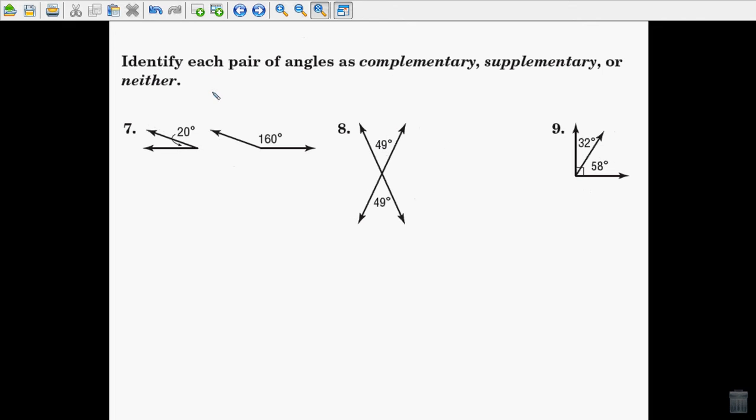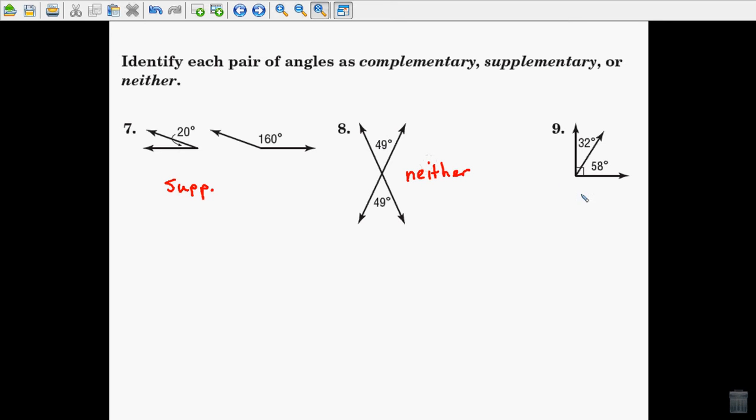Okay. Number 7, simply add 20 and 160. These are supplementary angles. Just going to abbreviate here, sup for supplementary. Number 8, these are again vertical angles, but we can see that 49 and 49 doesn't equal 90 or 180. It actually equals 98 degrees. So these are neither